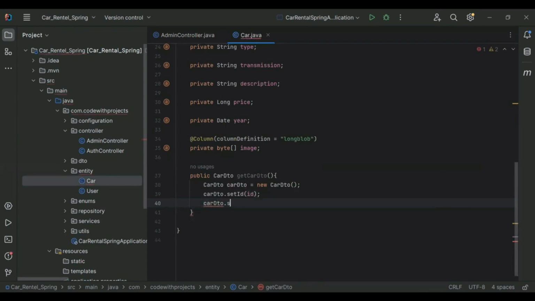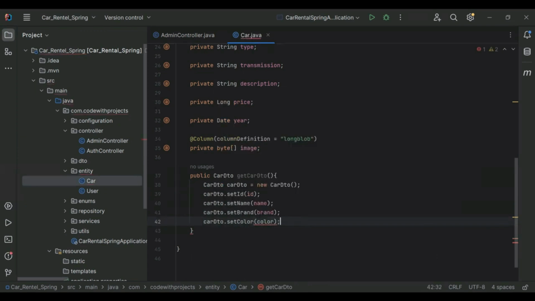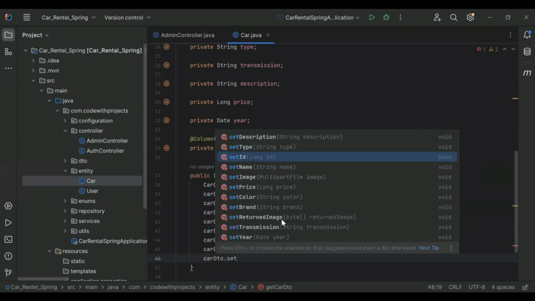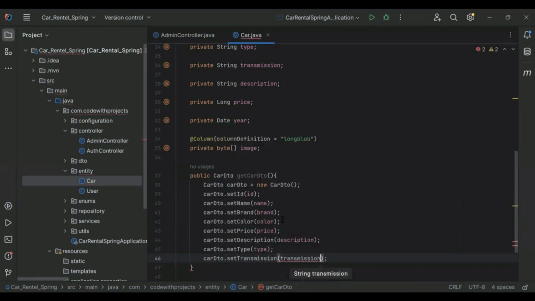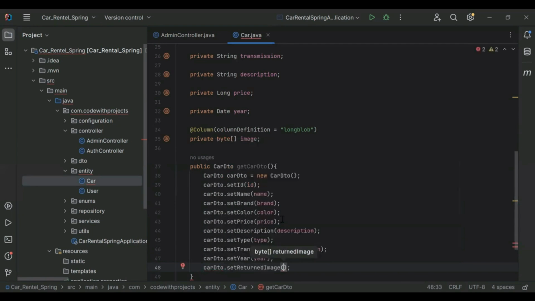So after that I'm going to add here carDTO.setName, and we will get name from the entity, carDTO.setBrand, and the brand over here, carDTO.setColor, and the color over here, carDTO.setPrice over here, carDTO.setDescription, and the description over here, carDTO.setTransmission over here, carDTO.setYear, and the year over here, and the last we need to set here, that is return image, and we need to get image over here.